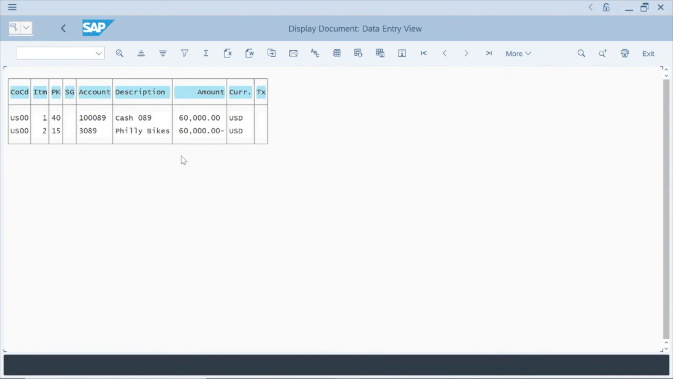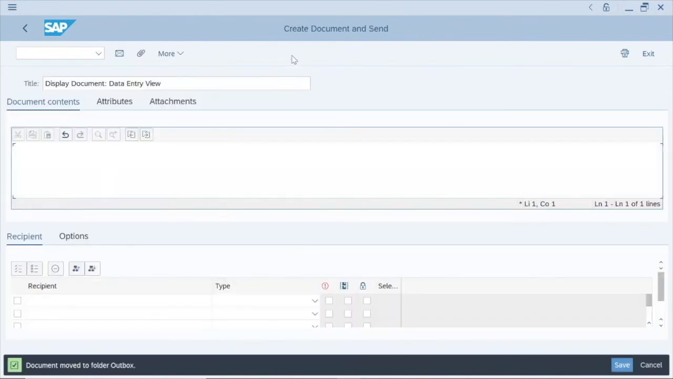Now to send this off to Art, we can navigate to the top menu bar and find the envelope icon that says Mail Recipient, and we can go ahead and click on that. After clicking on the Mail Recipient icon, our basic SAP emailer appears, and it has room for our title, the document contents of what we want to say to Art, as well as the space to put Art as the